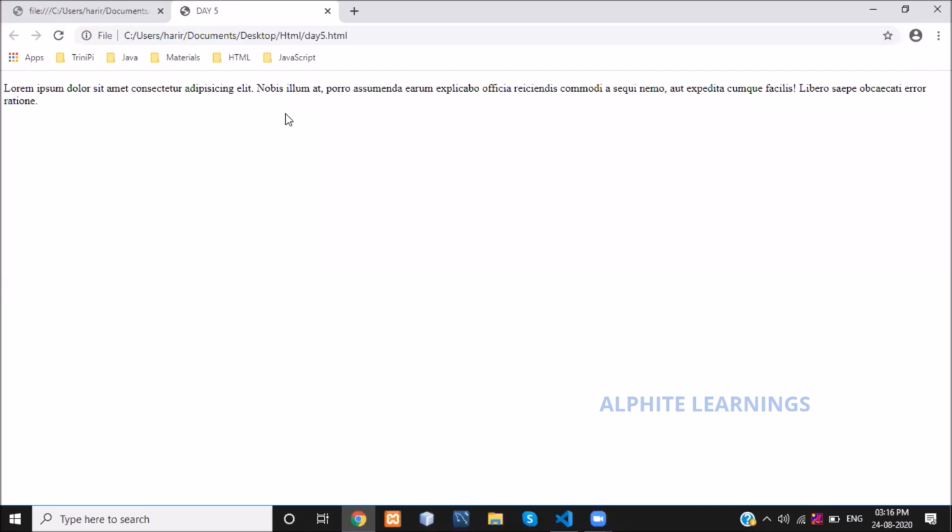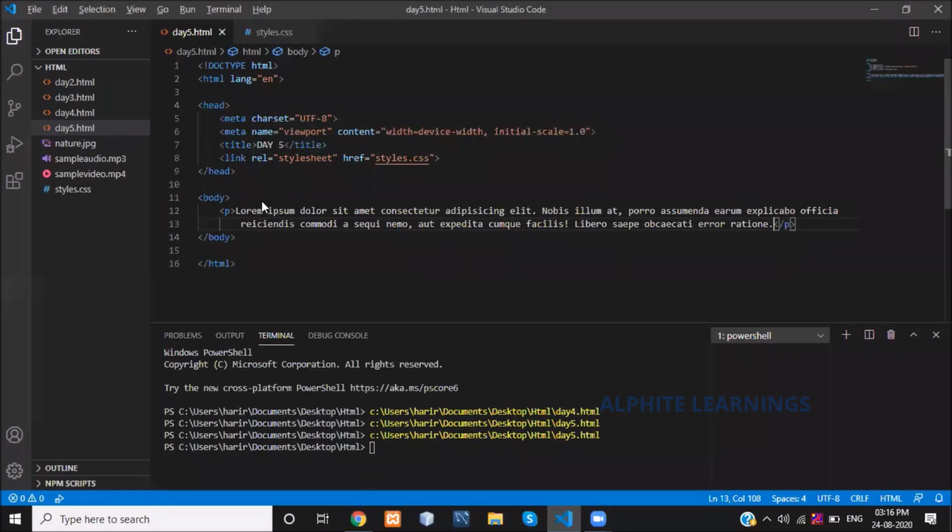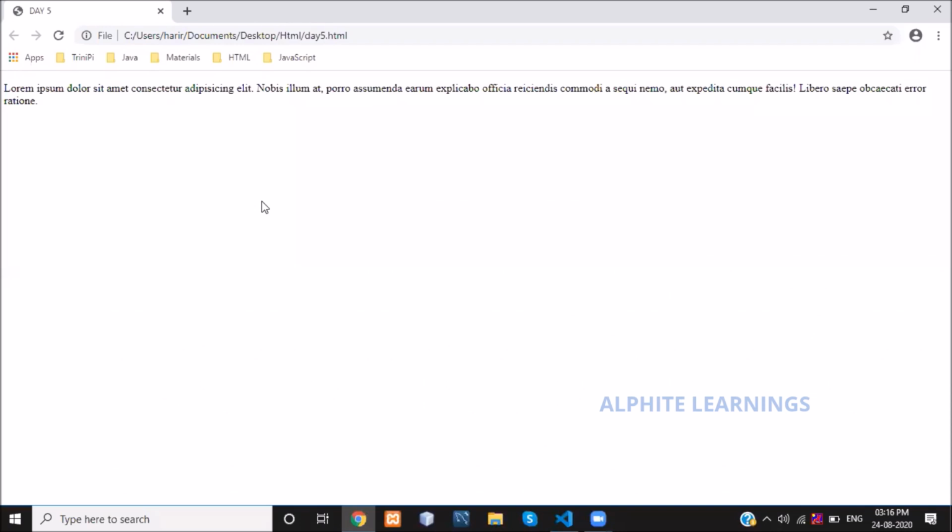I am running my current page. What is happening? Nothing happened, right? Why did nothing happen? Whatever paragraph you have given is alone displaying here. But I have created a CSS file and linked it to my HTML file. Nothing means no styling properties are mentioned.